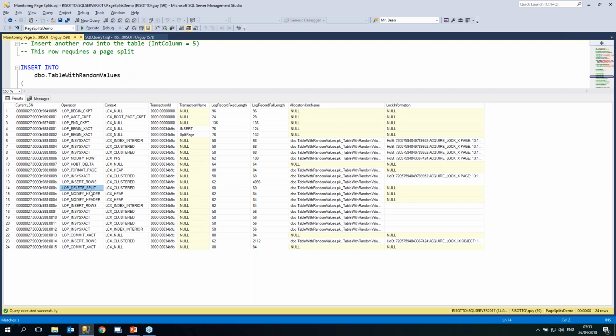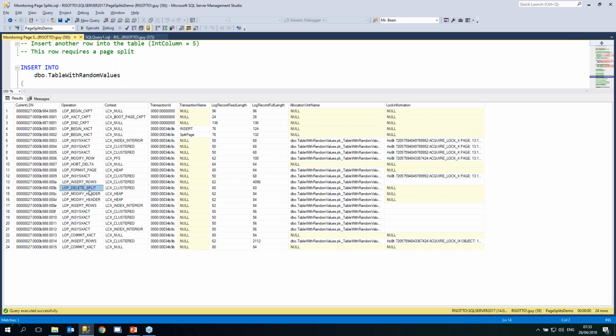What this operation means: when we have a real page split, we need to allocate a new page. Okay, this happened somewhere before, and then we need to move 50% of the data from the original page. It's this one. We do insert rows, and look at the size. This is half the size of a page. It's half of 8K, because we move half of the contents of the original page to the new page. So this is the first part we do in the real page split.